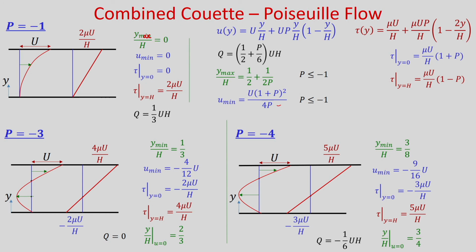So, you can see that at the bottom plate you are going to get the minimum velocity, and that is 0, and the shear stress at the bottom plate is 0, at the upper plate it is twice mu U by h, and the volume flow rate per unit width is 1 by 3 U h. So, you can see the shear stress varies from 0 to twice mu U by h linearly, and the velocity decreases monotonically from capital U to 0, and at y is equal to 0 du by dy is 0, because the shear stress is 0, right. So, the velocity gradient du by dy is 0 at this location, and this is the onset of flow reversal.